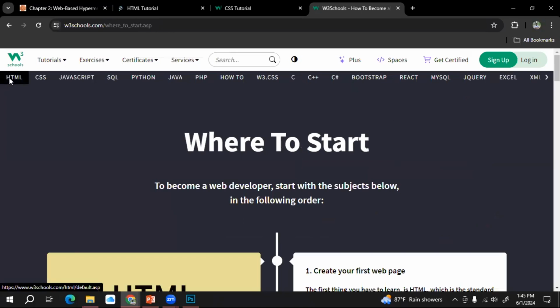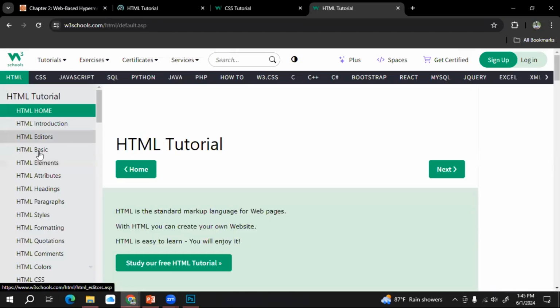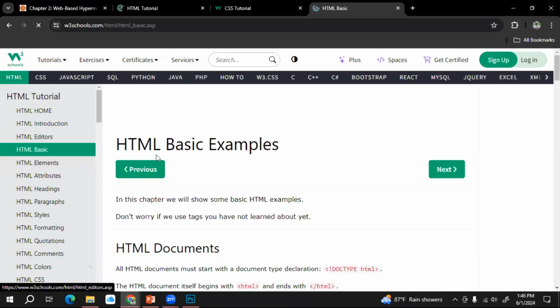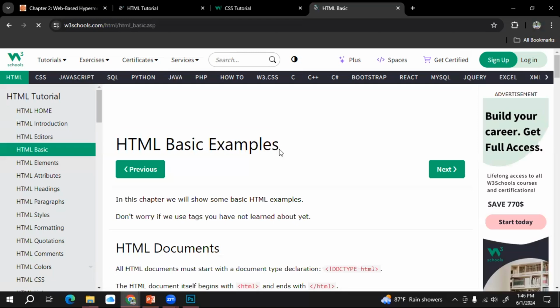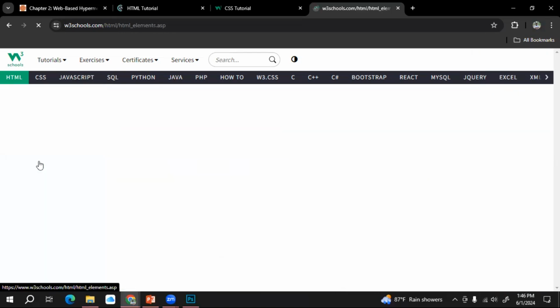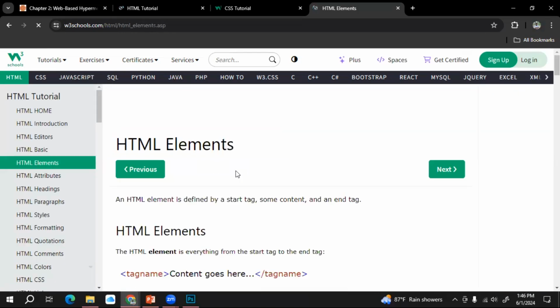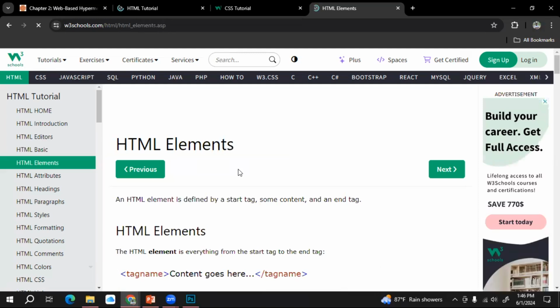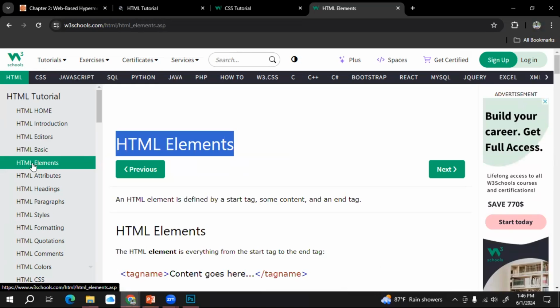If I click on this text, it will redirect to another page. But if I click on this text, I can't click, right? What is the difference between this text and this one?